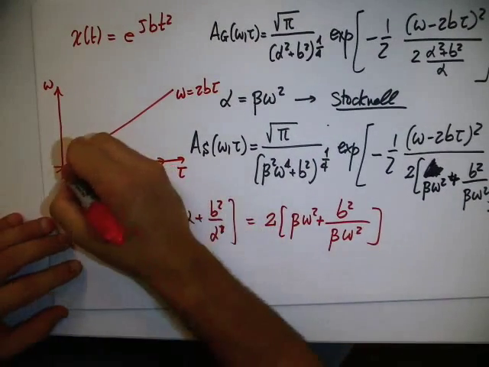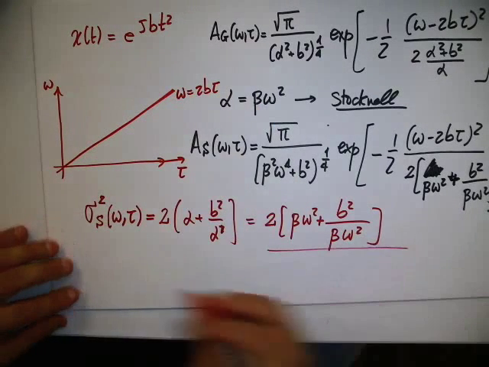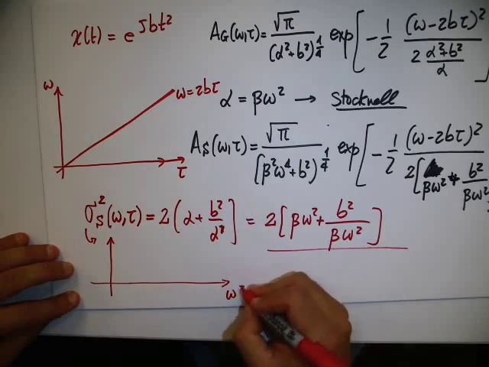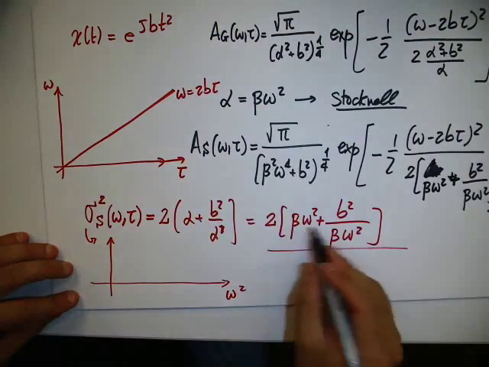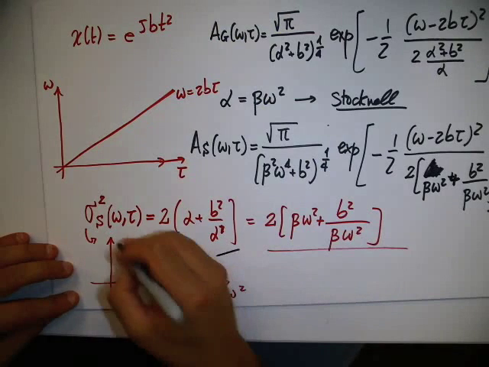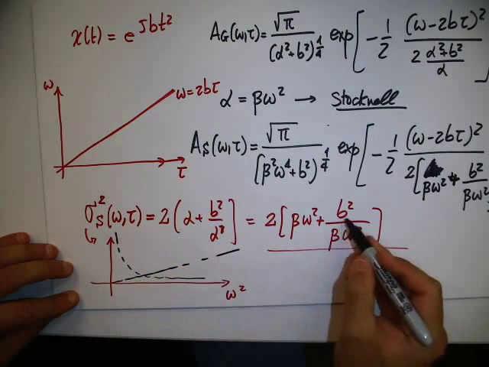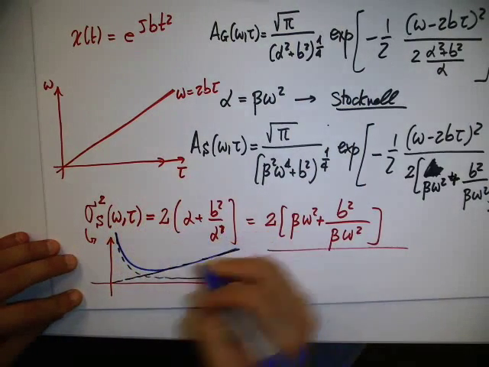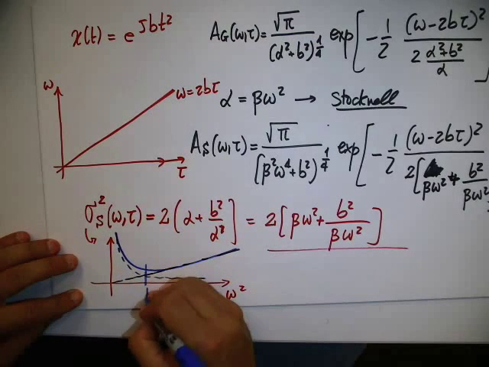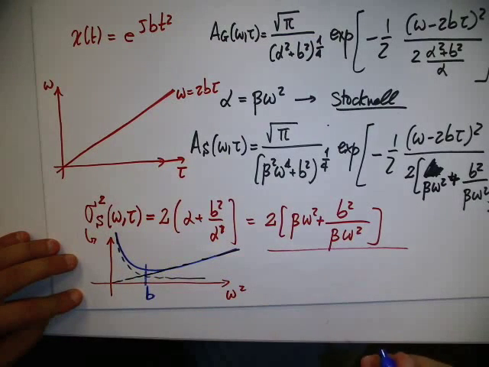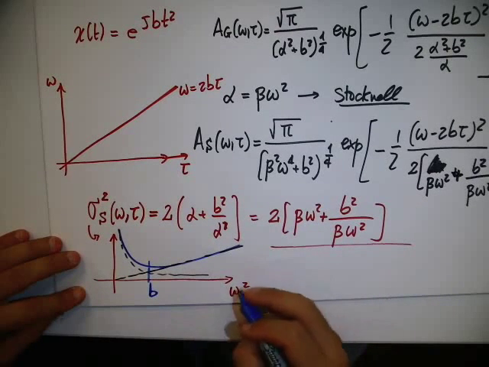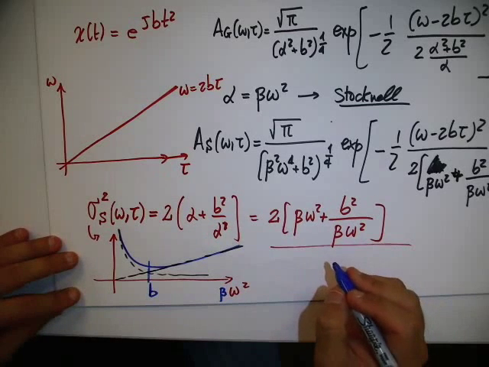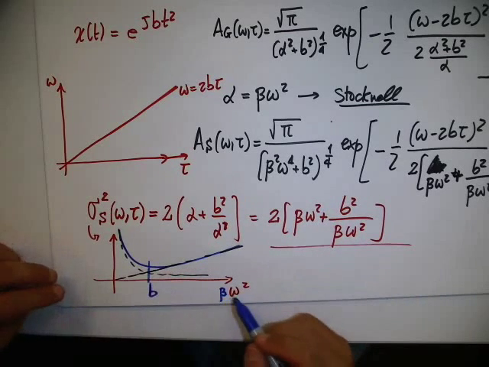In particular, let's understand how the spread behaves. And so we see it here. If I plot this as a function of omega square, I get the linearity and then the hyperbola here. So the behavior is going to be this, with a minimum that occurs at b. Okay, b over here, if I'm plotting, let's assume I'm plotting beta omega square. Okay, so we can see that